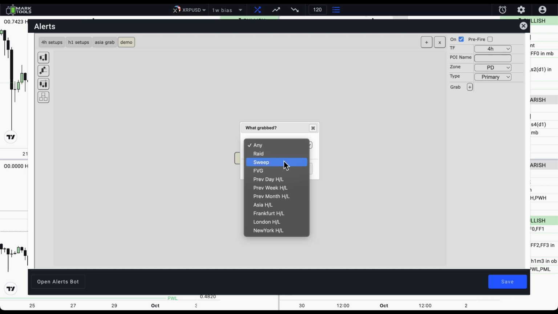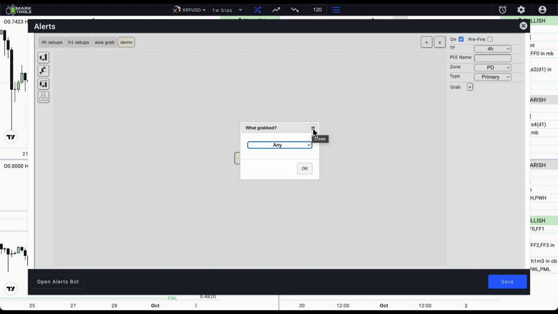The value sweep says the POI must sweep some liquidity by wick. The value FVG says the POI must test FVG. Other values are self-explanatory. For example, previous day H/L means the POI must grab the previous day high or low.